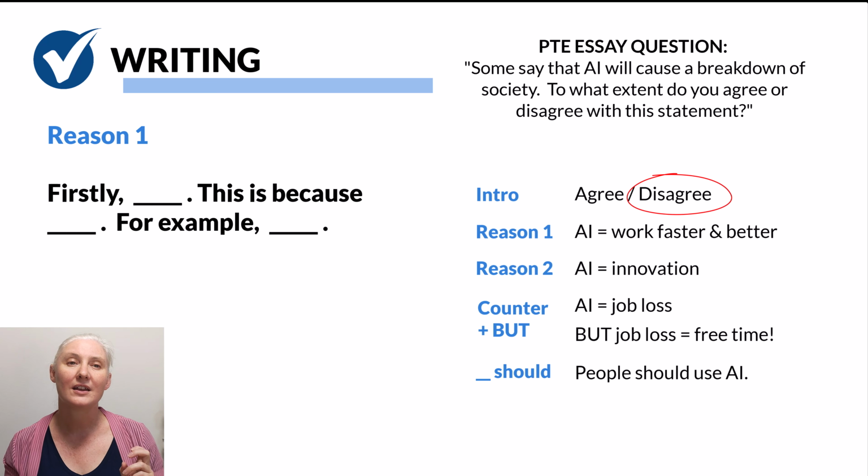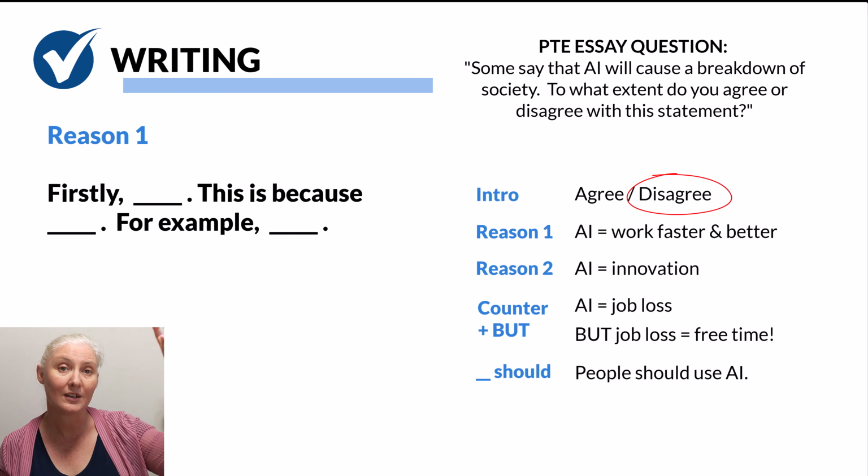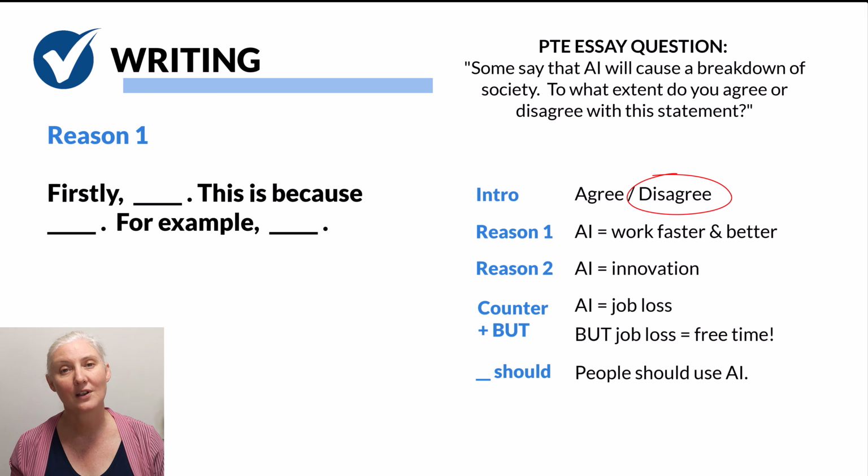All right, so then you move on to subbing in your reasons into the next 2 paragraphs. Now, for body paragraphs, I recommend that each paragraph should be 3 sentences. Of course, adjust based on what you need, but you need at least 3 sentences. You need one that gives your reason, one that explains your reason, and one that gives an example. And that will work every time. So let's look.